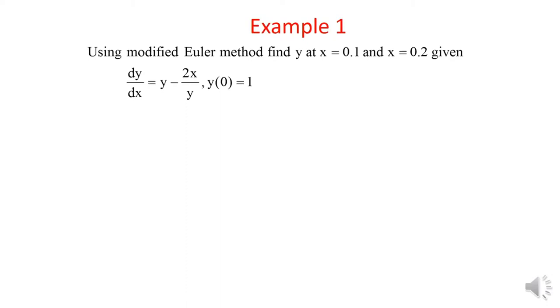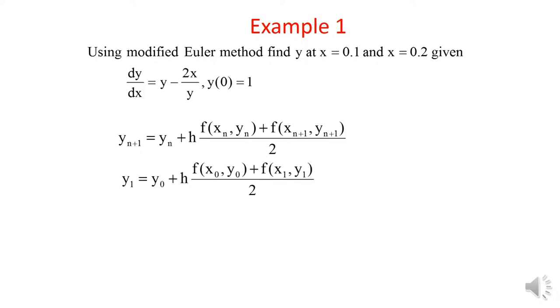So let's see one example. Using the modified Euler's method, find y at x is equal to 0.1 and x is equal to 0.2, given that dy upon dx is equal to y minus 2x upon y, and y at 0 is equal to 1. So we will directly use the formula which we discussed in the previous slide, and we put values here. So for 2 points, when we take n is equal to 0, n plus 1 is 1, so we can write down values here. y0 is given to us, that is 1,